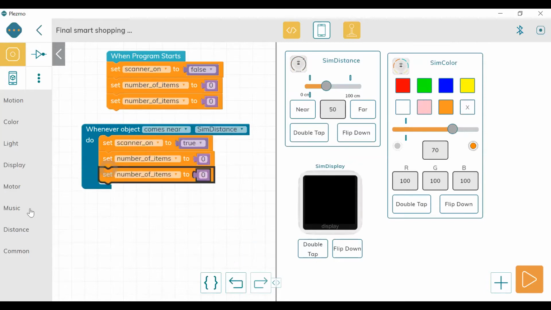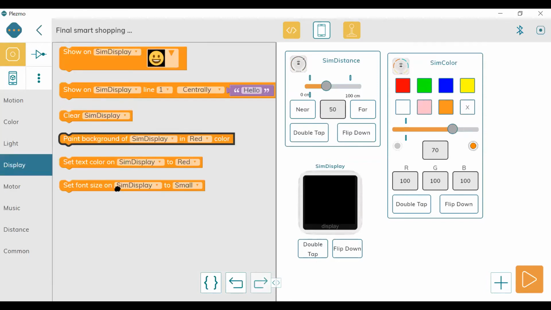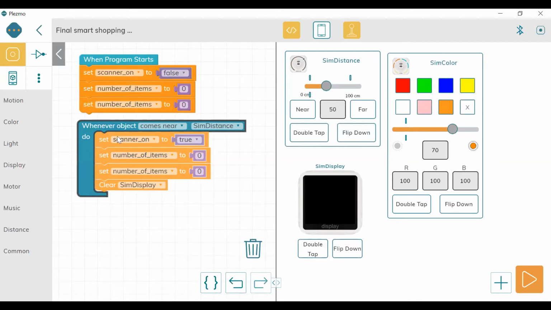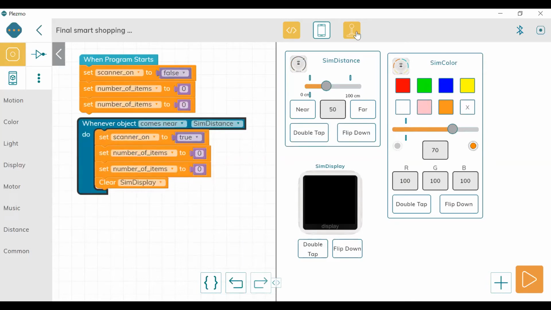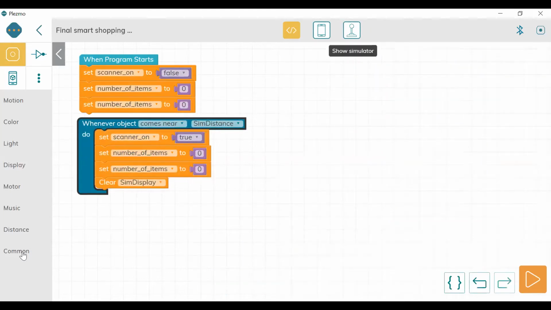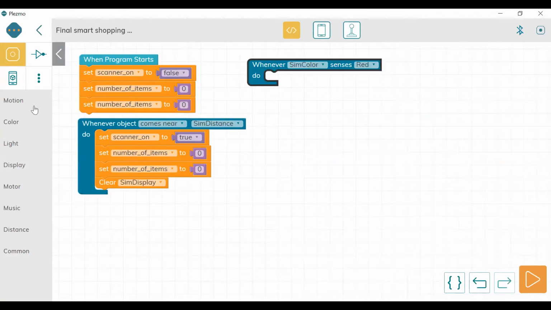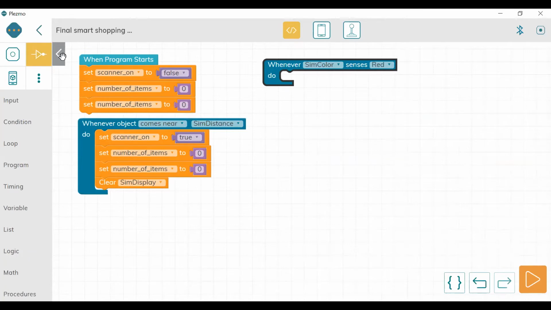Fine, and we have to clear the display. Whatever is being displayed, we have to clear the display. And fine. Now I'm just minimizing the simulator. Now we are going to go to the color sensor. When the sim color, see, automatically it is coming sim. Why? Because we have selected it. When the sim color senses red, and the condition, and we are going to go to condition now, and scanner